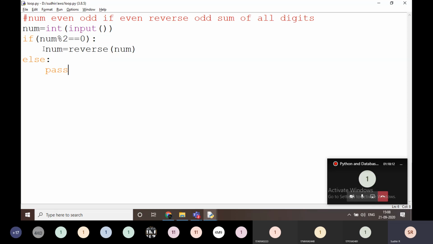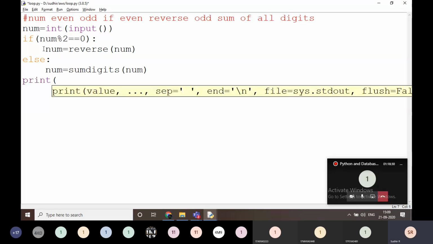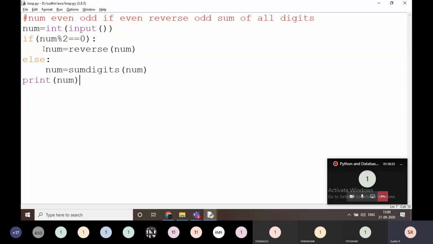If it is odd, sum of some digits. I'm writing like this, and I am coming out of the function and I'm going to print num. Just look at here. This is the program, a very simple program that I'm writing here.